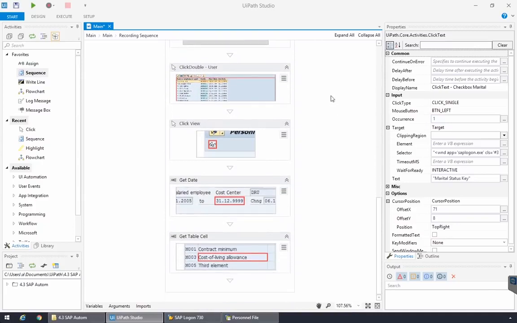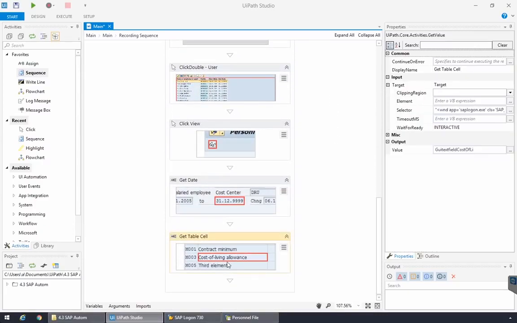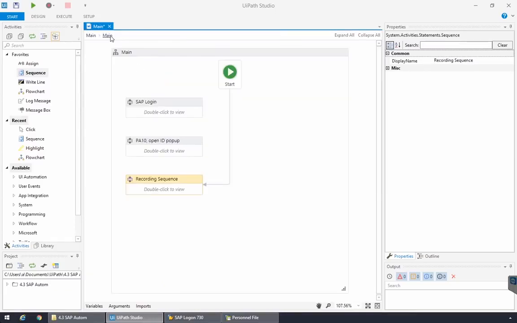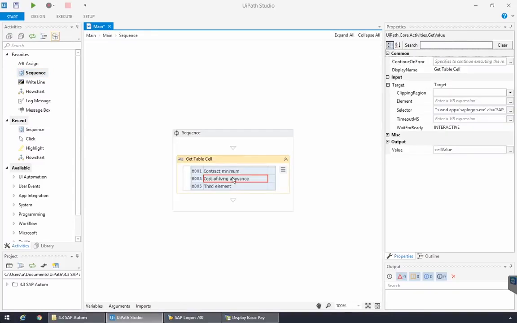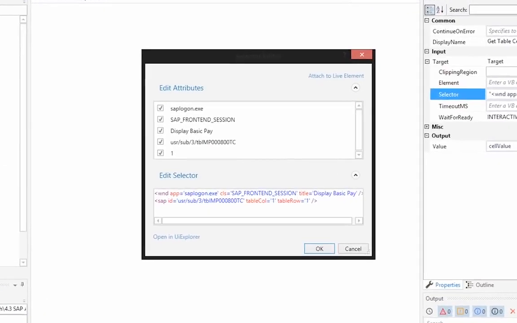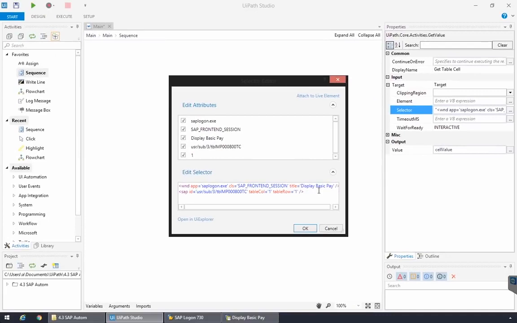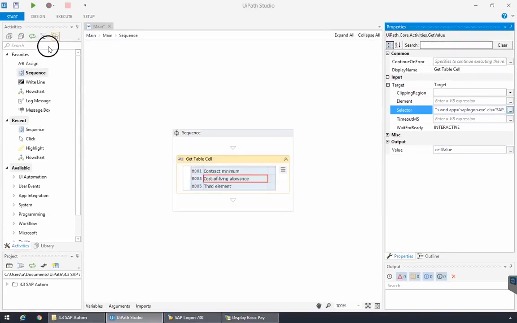It's pretty standard. The last one though, it extracts a table cell value, and we'll use it to extract a whole column or row from the table. For easier testing, we'll cut it from here and paste it in a new sequence. Perfect. If we take a look at the selector for this get value activity, we notice the row and column are explicitly written. That's quite handy because it means we can use a while loop to cycle through all the rows in the table. So add a do while,